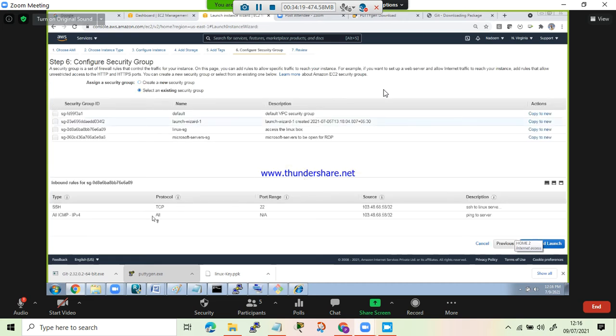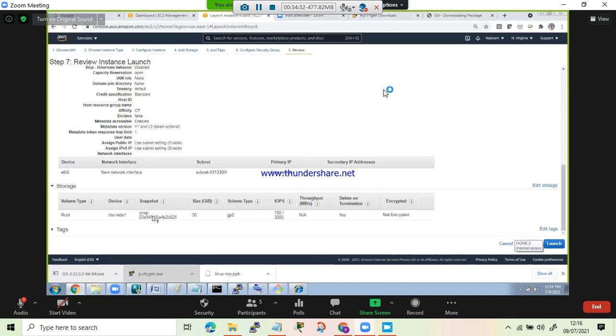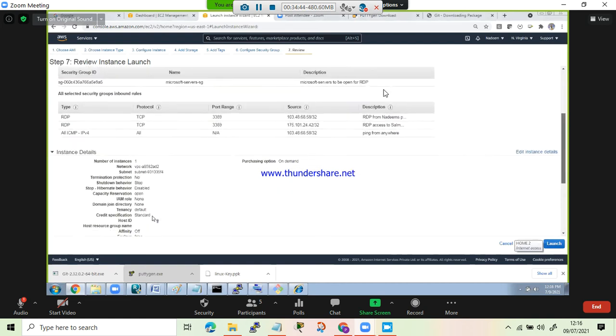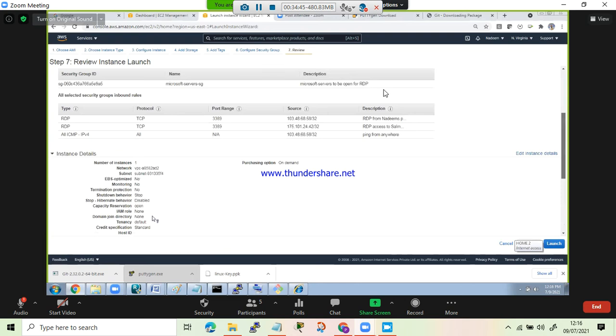But here, can you see? No problem, we can go and review that. Nothing is required here, so you can go and edit that, right? Okay, then finally launch it. I have the key in my downloads. Yes, web server key and Microsoft key, both I have. So I can use, let's say,